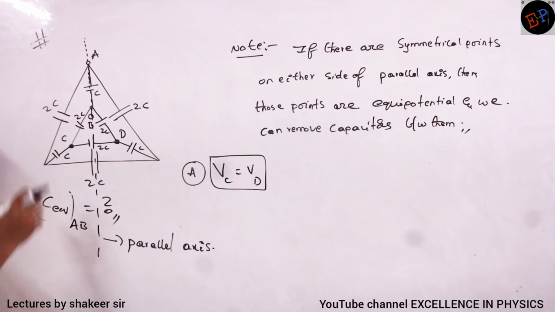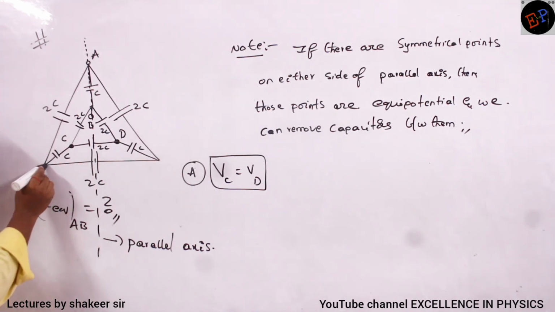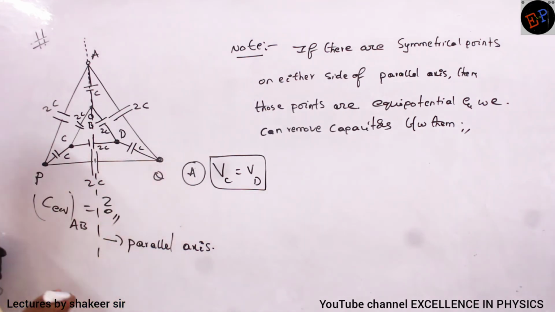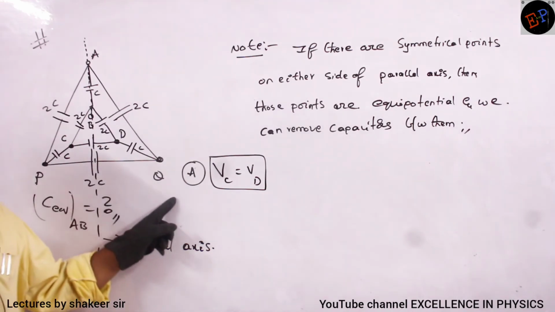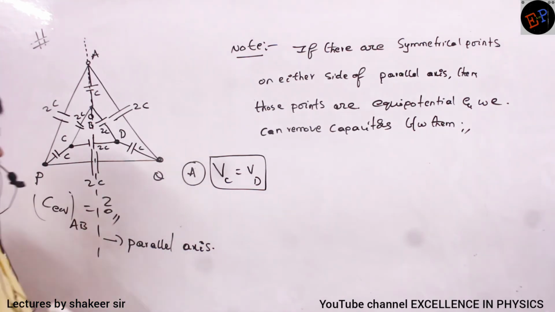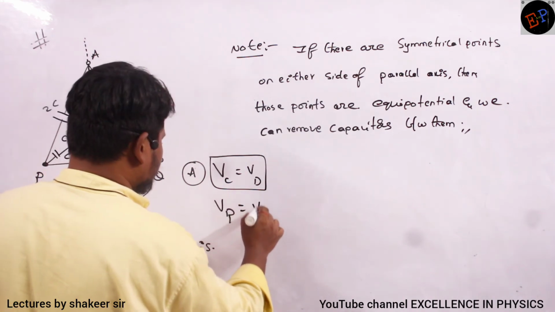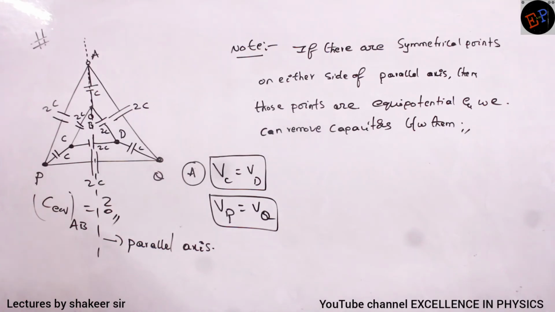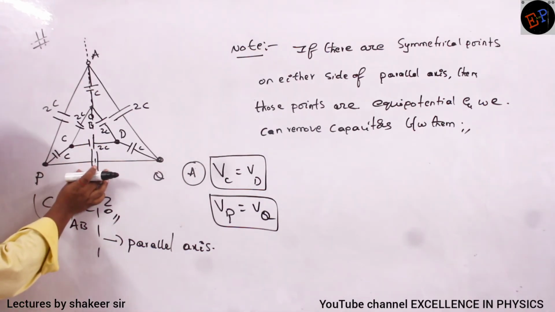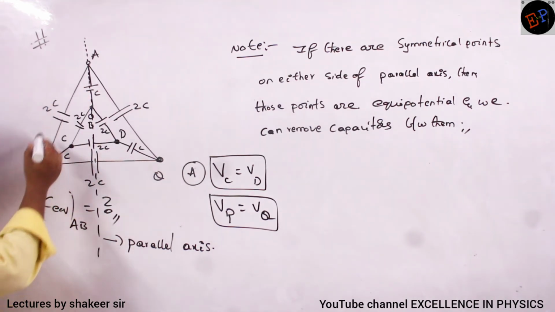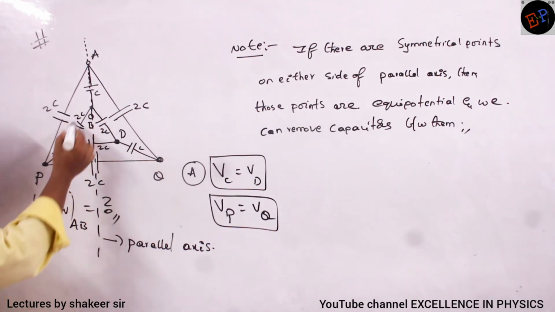Okay. Similarly, there is a set of 1 more 2 points. This point, if I call it as point P, and this point, if I call it as point Q. Now see the arrangement of P and Q on either side of the line. This arrangement is also symmetrical, no? Are you able to understand, ma? So therefore these 2 points also, they are at same potential. So therefore I can say potential at point P is equals to potential at point Q. So therefore which capacitors I can remove? I can remove this capacitor as well as this capacitor. Once I remove these capacitors, then I am left with only this branch, no? Okay, ma? Only this capacitor, and this capacitor is left.